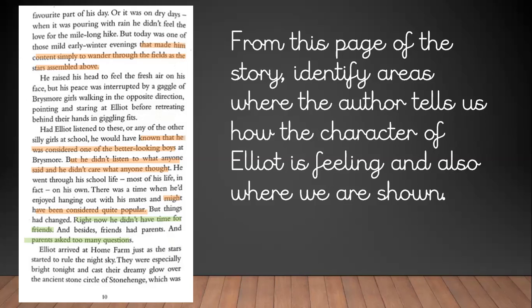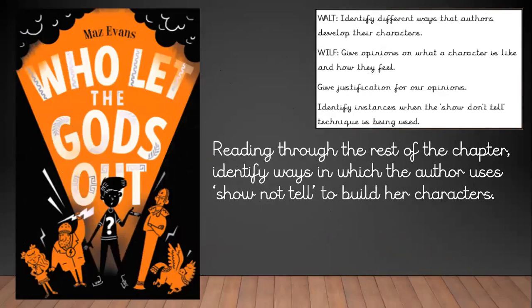So there you've got some examples where we're being told, but also some examples where we are being shown. So do have a think about the differences between those two, because that is your task for today. So your task for today then is to read through the rest of chapter 2 and identify ways in which the author uses show, not tell, to build her characters. You can do that exactly the same as we just practiced there. You can either use the text directly and highlight onto that text using one colour for the areas where we're being told and one colour for where we're being shown, or you can write it out into your books